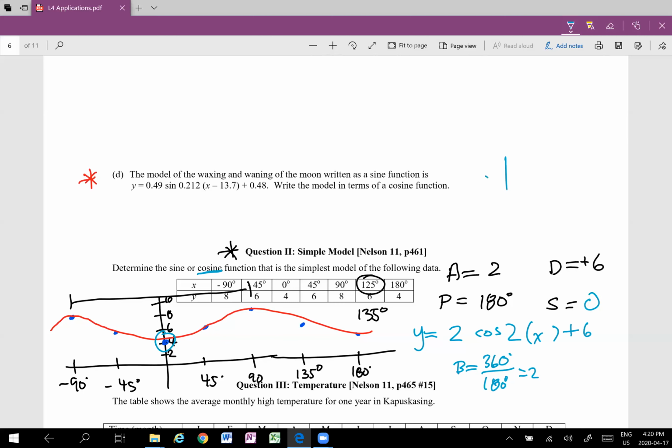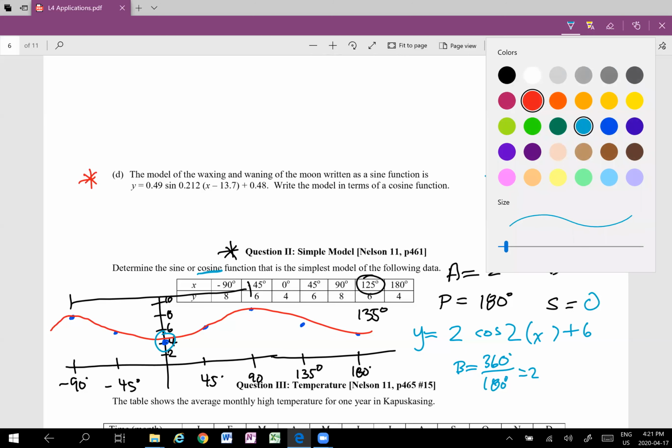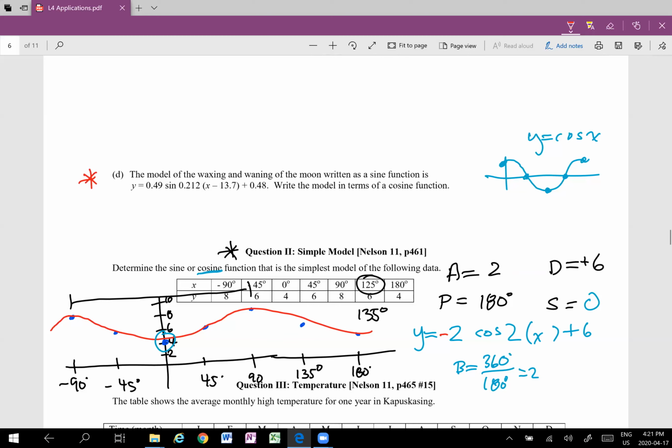The only catch I'm going to talk about is that a lot of you realize if I sketch out the cosine graph, the base function, it starts at a maximum, goes to a minimum, and then goes back to a maximum. This graph seems to start at a minimum. So how can I relate that? Well, I think some of you know what I'm going to do. I'm going to put a negative, because some of you actually understand what I'm going to say when I write this out. What does it mean